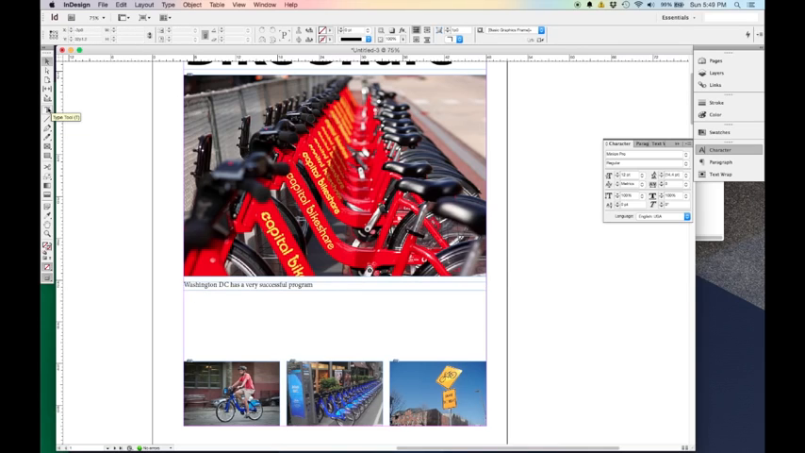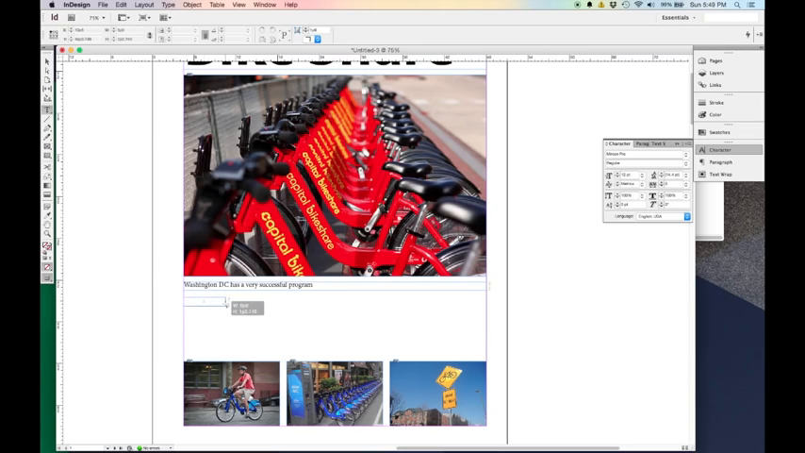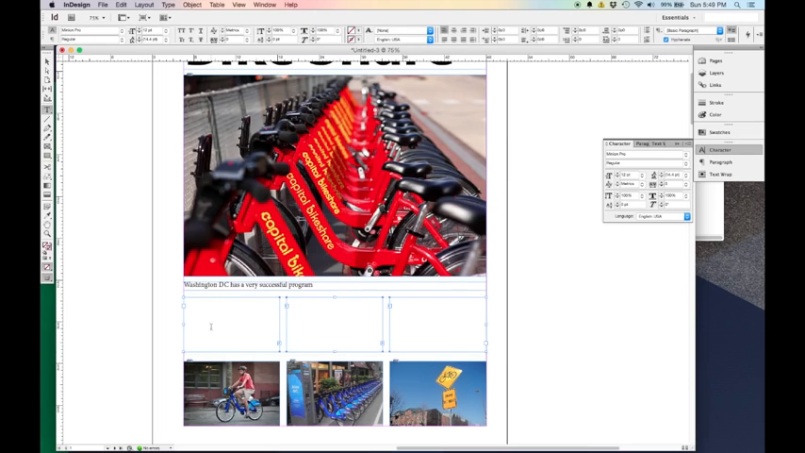I wanted to drop in some more text. I'm going to select my type tool and click and drag the whole width. And again, using my right arrow, I'm going to hit my right arrow twice to make 3 text boxes. So now I have 3 text boxes. And if I had some text,